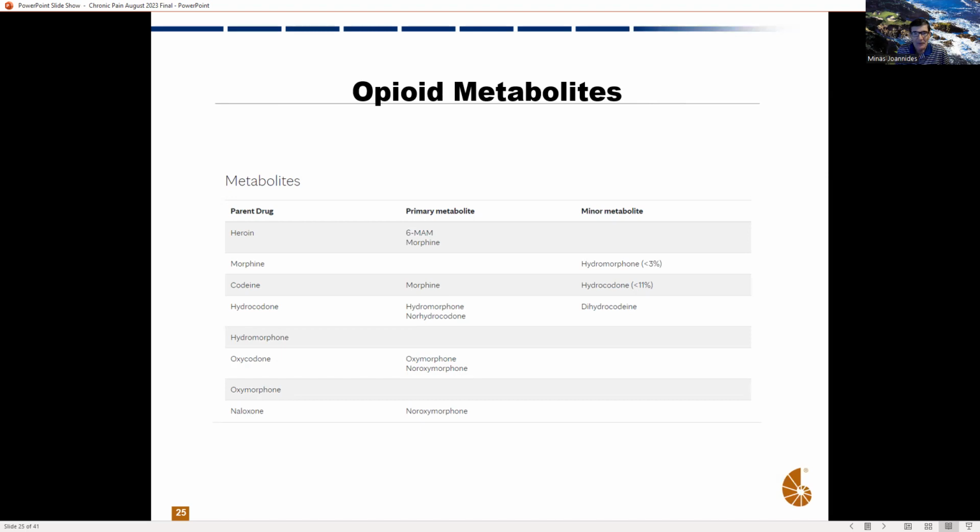Which would be concerning, worrisome. However, what you should realize is that some opioids metabolize to other opioids that are being tested in the drug screen. So, for instance, if you saw that oxycodone, which is the third from the bottom, was positive on the